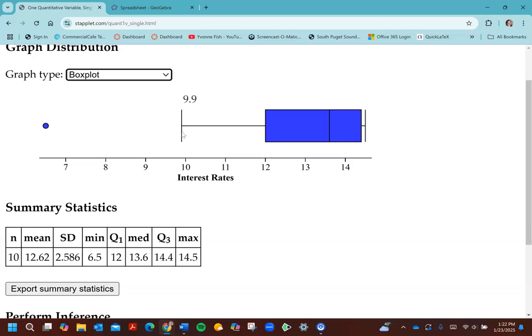And again, this line here, that's a whisker. That's just saying, excluding the outlier, that's our lowest percent that's in the range here. So we can go ahead and snip this and insert it,